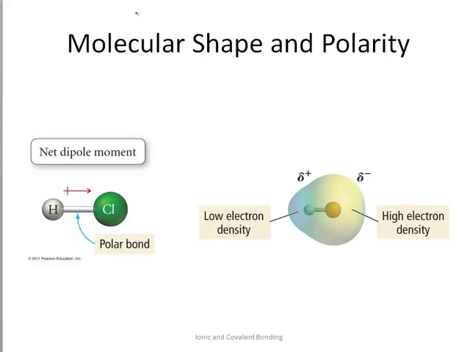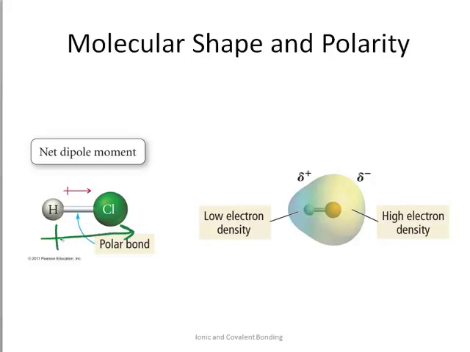Now that we know how to draw Lewis structures and determine the three-dimensional shape of a molecule using VSEPR theory, it turns out we can also determine whether or not a molecule is polar based on both the three-dimensional geometry and, of course, differences in electronegativity. Remember that we figured out a bond is polar or not if the difference in